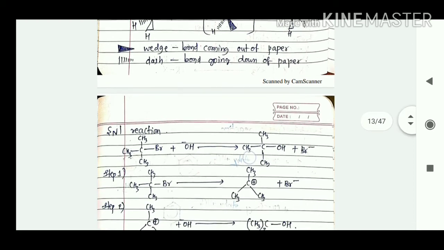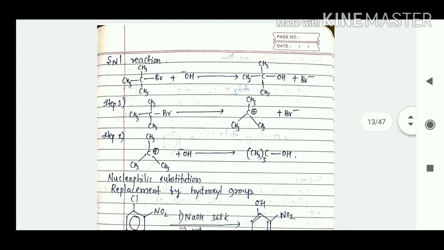Like that, here we have the SN1 reaction also. This will undergo two steps. Normally we take a tertiary alkyl halide. This tertiary alkyl halide in presence of the nucleophile gives the corresponding alcohol. The first step will be formation of a carbocation. In the second step, the nucleophile may approach the carbocation from either side. Here we are going to get a racemic mixture product, right?